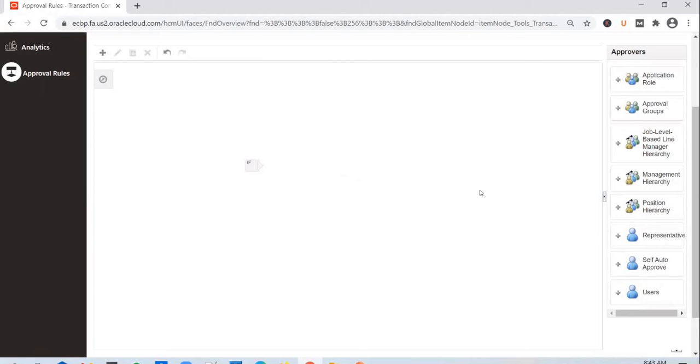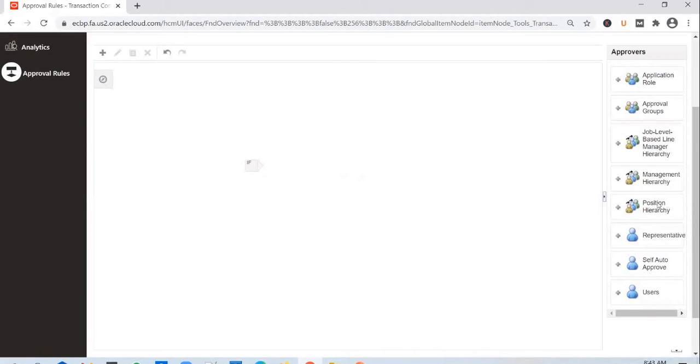Then whoever has the senior analyst position attached to their assignment record will get a notification, and they will be able to approve that. And again, similar to the management hierarchy, you can also control how many levels it has to go up in the position hierarchy.